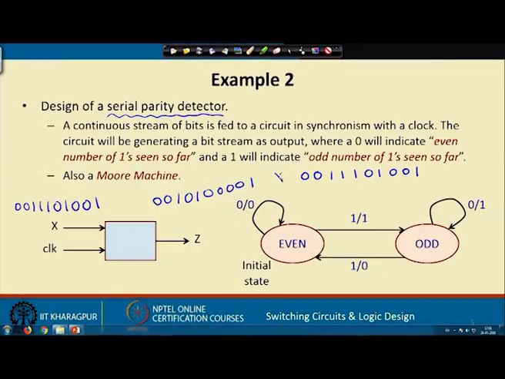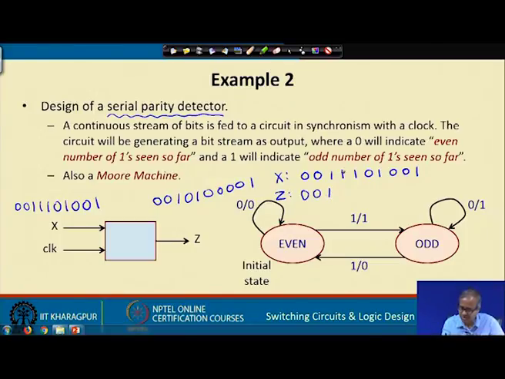So, we will be looking at the number of bits that we have seen so far, and whatever the parity is, the output is set accordingly. Okay. Let us start. This is my input x. So, what will be my z? Even. A 1 has come, it is now odd parity. Again a 1 has come, it has become even. Again a 1 has come, it has become odd. 0 has come, it remains odd. A 1 has come, it has become even again, 0 again even, 1 again odd. So, this will be the output,